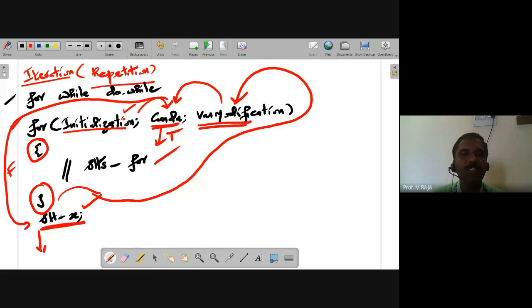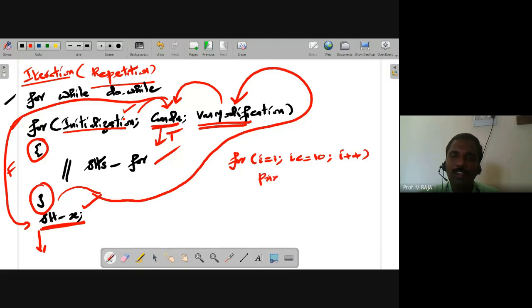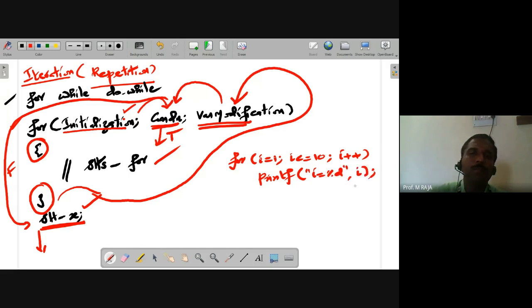When we execute a set of statements repeatedly until some condition is satisfied, or as long as the condition remains true, we can use this block statement. For example, we can write for I is equal to 1, I less than or equal to 10, I plus plus, have a printf statement, printf I is equal to percentage d, comma I. Assuming that I is the control variable,